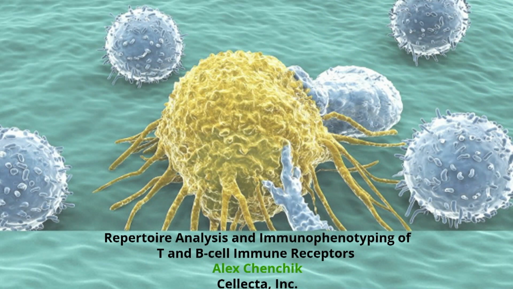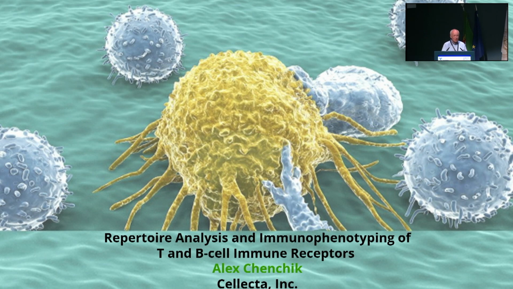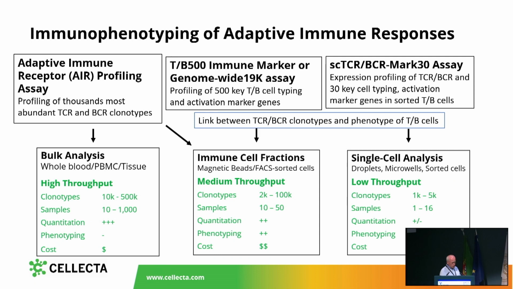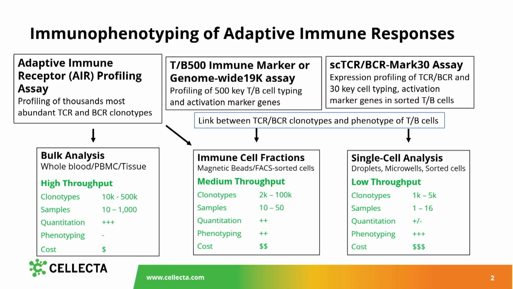To switch your attention, we are going to talk about technologies, not about science, so it will be more practical, how to use different technologies for immune repertoire profiling and immunophenotyping. And as introduction to the technologies, we just developed three types of technologies, and first is definitely bulk profiling, shown here,